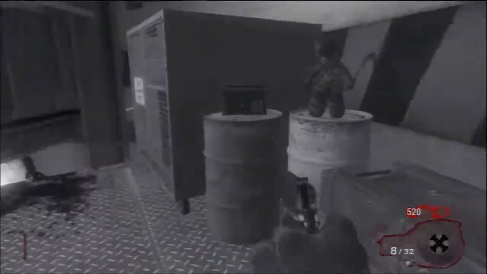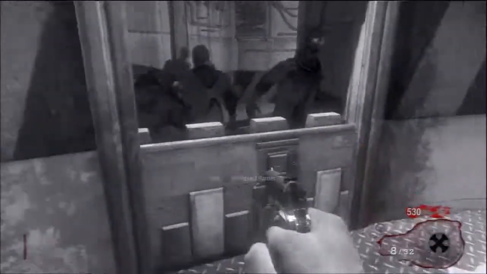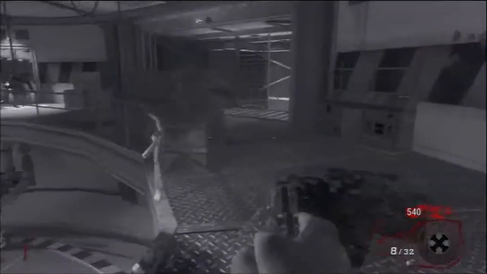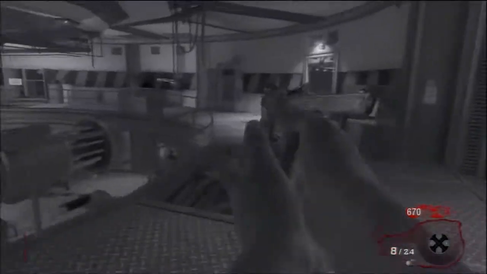At number 3, we have Ascension. Now, Ascension was the first map pack to come out in DLC for Black Ops. And it's, in my opinion, the easiest of all of the maps that have ever come out, simply because it has, I think, about 5 easy strategies on it, some easier than others, and you can go to a very high round because it's got the Thunder Gun on it. But I love any map with the Thunder Gun on it, because the Thunder Gun is just brilliant for